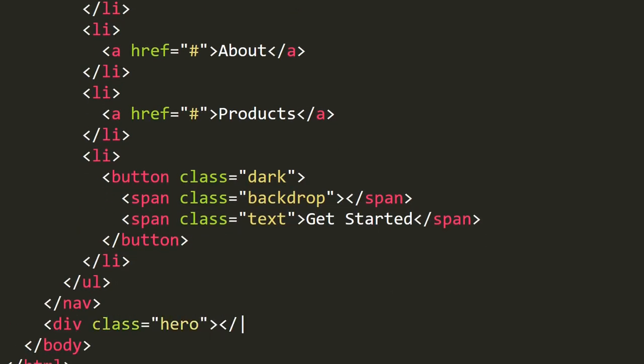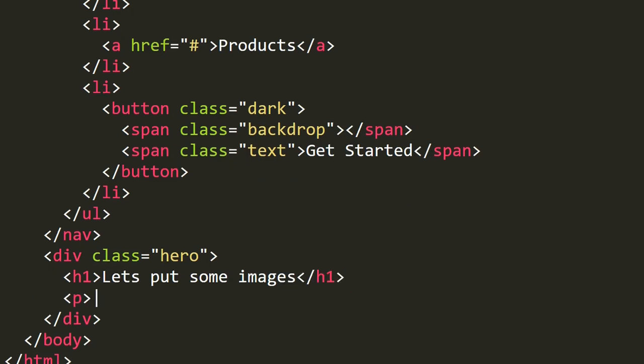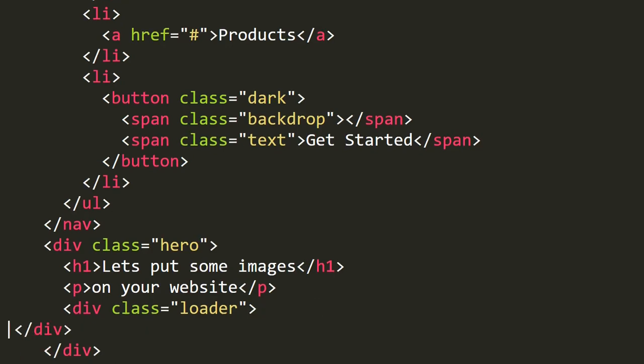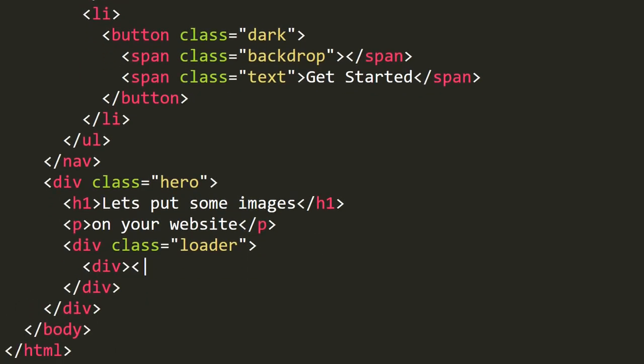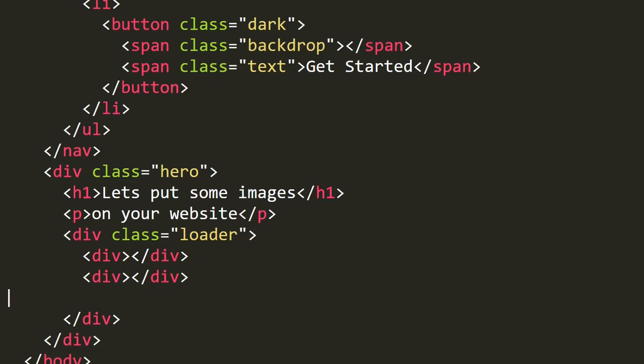And create a div with class hero. Create a Home. Let's put some images. Also create a paragraph using p tag and inside it, write on your website. And also create a div with class loader. Create a div. In the same manner,